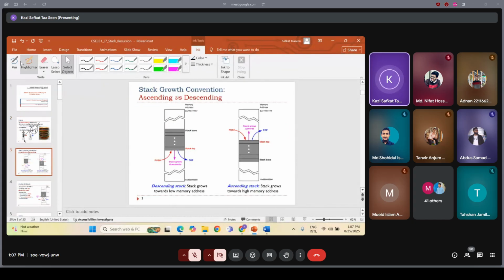And we saw what the classifications are. They have ascending stacks, descending stacks, and ARM has a descending stack. That's why the stack top is actually located at the bottom. Whenever you add new elements to the stack, it grows downwards, and whenever you pop elements from the stack, some space is freed, so it actually moves upwards. Okay, when you remove something from the stack,